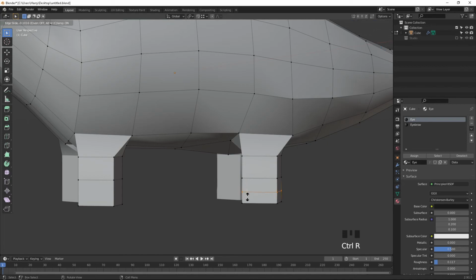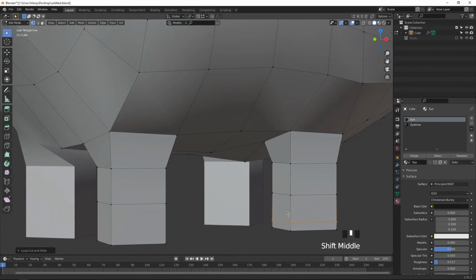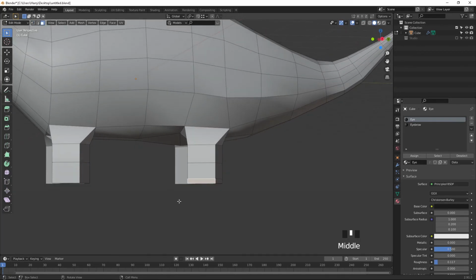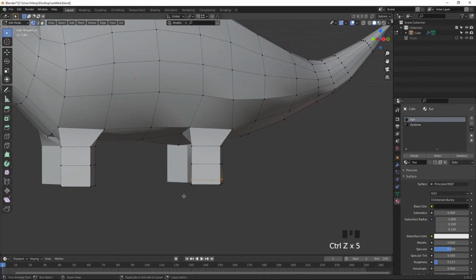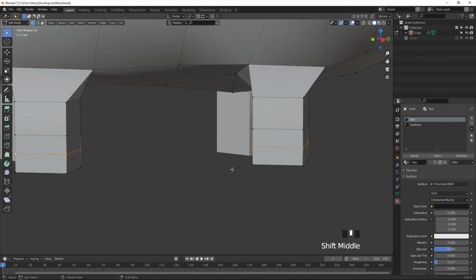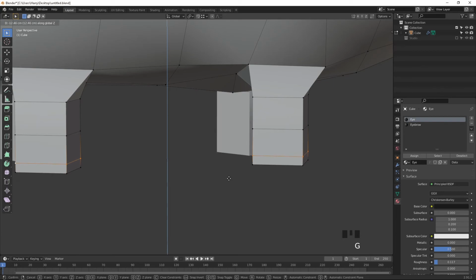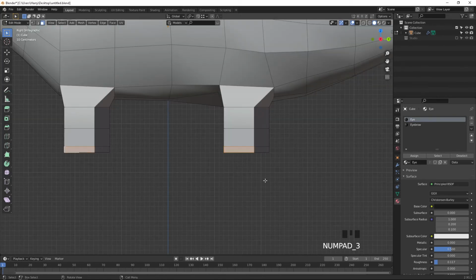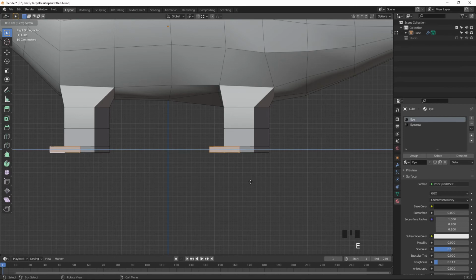Press R on the keyboard and you can move like this. Okay, select these two vertices with Control Z. What I'm going to do is Control R, select this one, Control R, select this one. Using the Shift key, press Alt key and select the vertices to select all the vertices at the same time. Press GZ to move towards like this here. Press 3 on the keyboard, select these faces, 4 faces, and press right 3 to right view on the numeric keyboard. Press E to extrude to this angle.